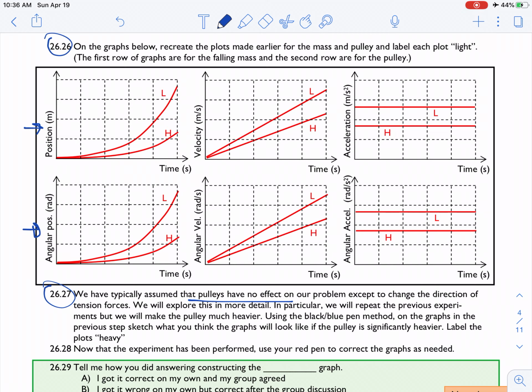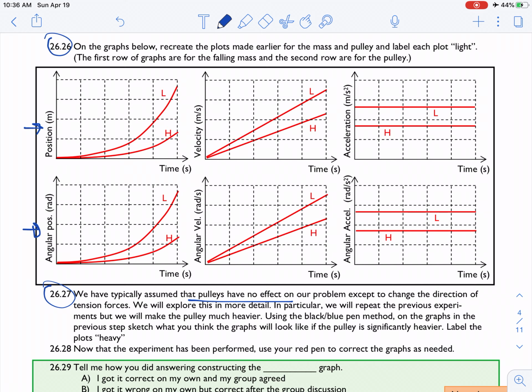You're holding the string and there's a pulley, but it's much heavier, so you're pulling it, but it's not as easy as it was to rotate the pulley, right? So you are going to be able to change the speed of the pulley. So it starts from 0, but it's going to spin much slower because it has more resistance,